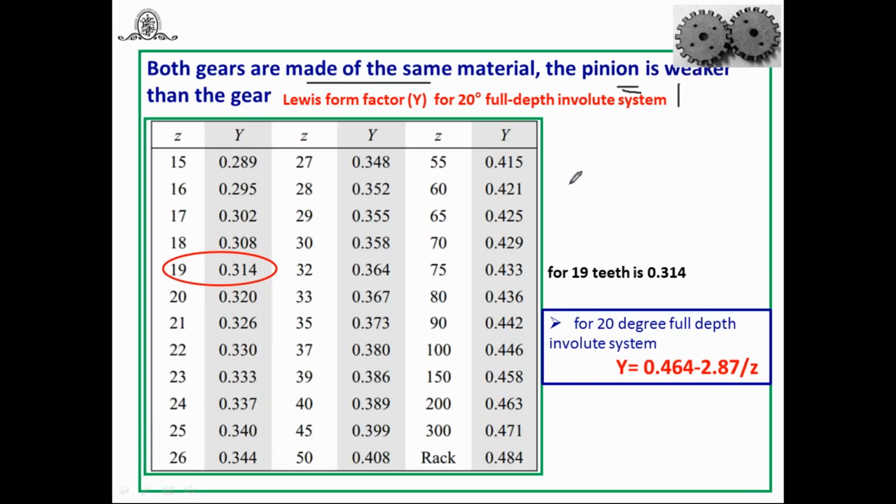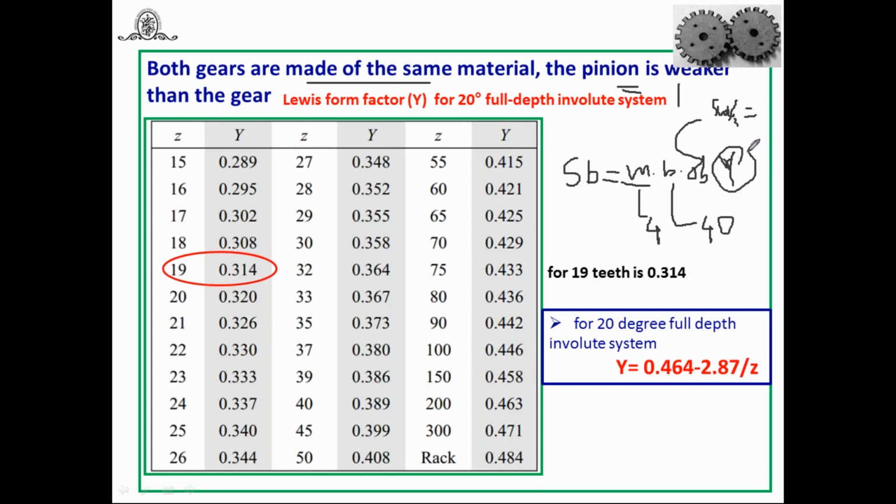Try to understand. Second thing, we have to find out SB and SW. In the first case, we have to find out the factor of safety by taking into account the CV or velocity factor. It is mentioned. So we know very well SB is equal to m into b into sigma b into Y, to calculate the beam strength. So we should know m. m is given in the problem statement, 4. b is equal to the face width, also given, 40. Sigma b we know very well is SUT by 3. SUT 600 is given, divided by 3, you will get 200 Newton per mm square.